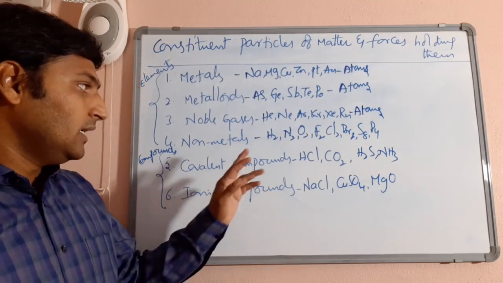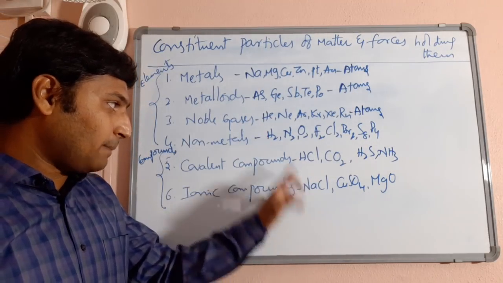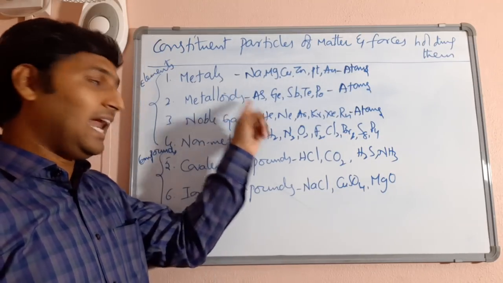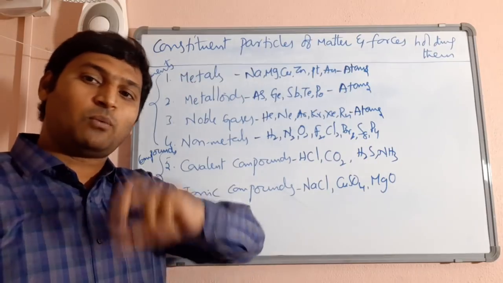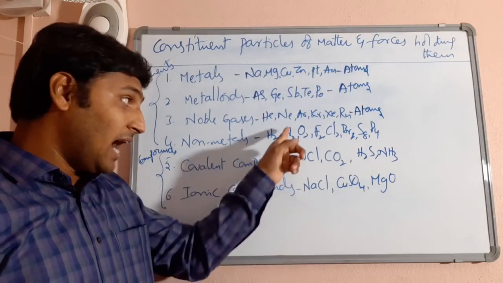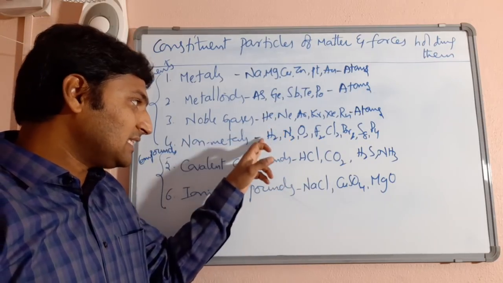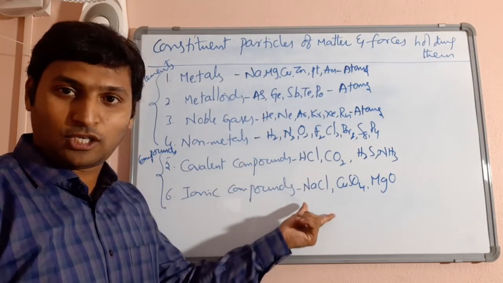Now, all these 3 are appearing like molecules only. Yes or no? If there is a single atom, you call it an atom. If more than one atoms are combined, you call them molecules, and all of them are appearing like molecules. Then what is the difference between this set of molecules and this set of molecules?